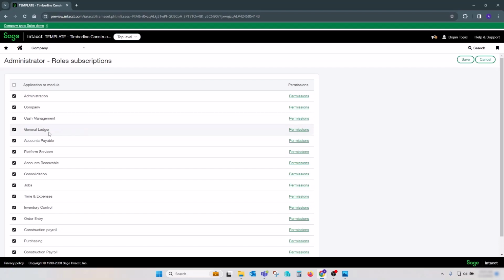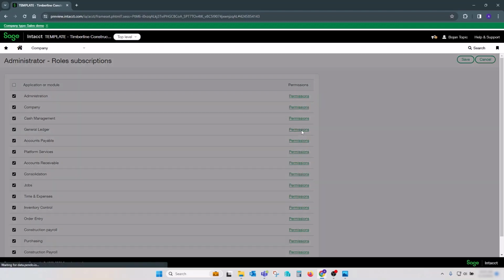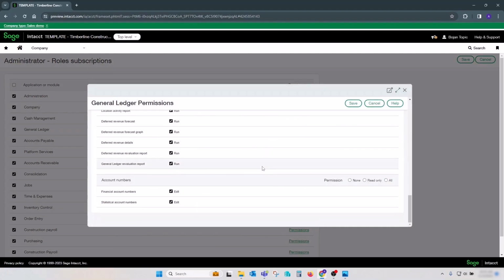In this case, under subscriptions for the GL, if you go to permissions, on the bottom of the screen, there's a section now called account numbers that allows us to set a permission or access to changes to financial account numbers or statistical account numbers or both. So before you can start utilizing that feature, those security options need to be turned on. So that would be step 1.